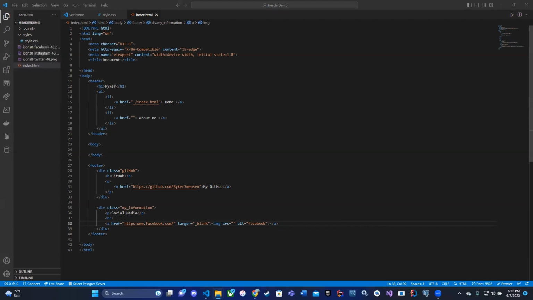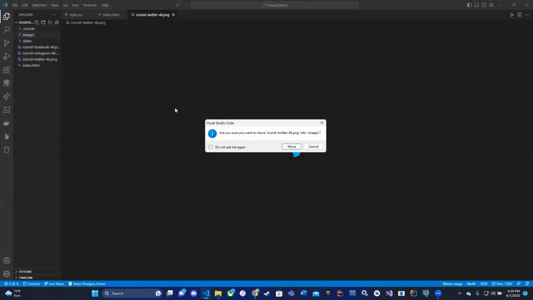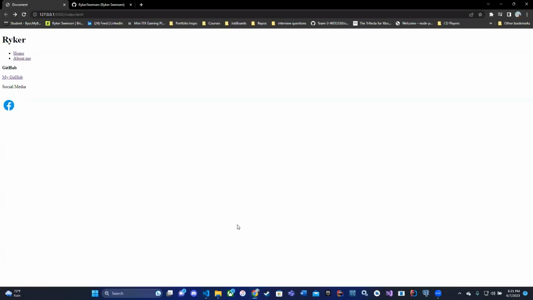All right, now I've added in some social media icons. I've added one for Facebook, one for Instagram, and one for Twitter. And I am going to now make another folder and just call it images so that we can store all of our images inside of this folder and keep our files easy to navigate. So I'm going to go to images, and then I'm going to go to Facebook and save. When I go to our website,